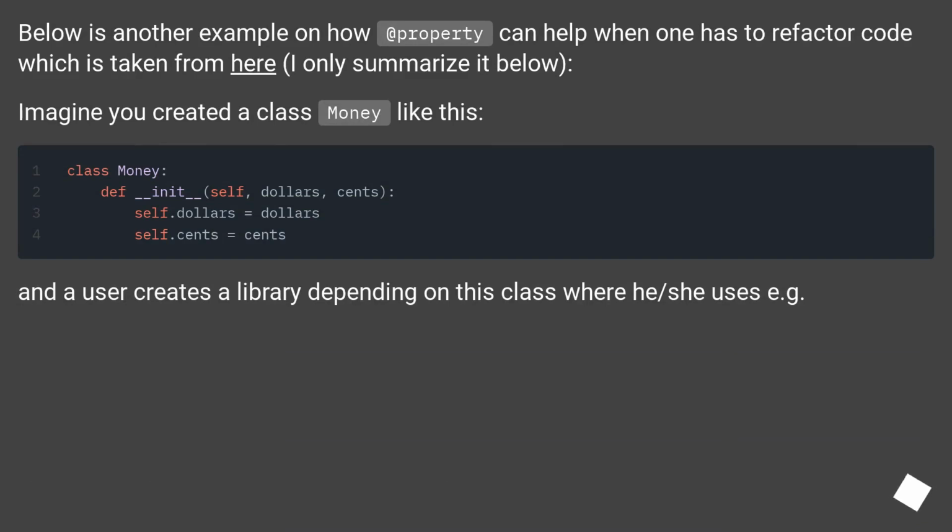Below is another example on how a property can help when one has to refactor code, which is taken from here. I only summarize it below. Imagine you created a class Money like this. And a user creates a library depending on this class where he or she uses, for example,